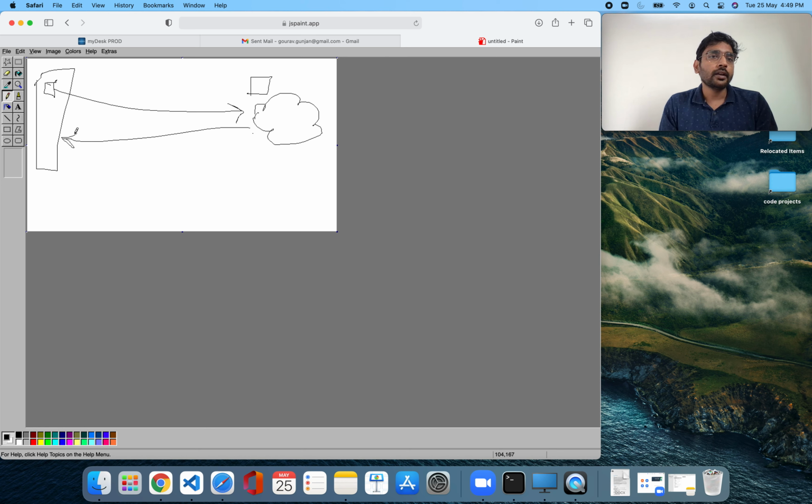Now where does HTTP client come in? Angular has its own small utility, or a small service, which you can use to call a cloud based computer or any server.